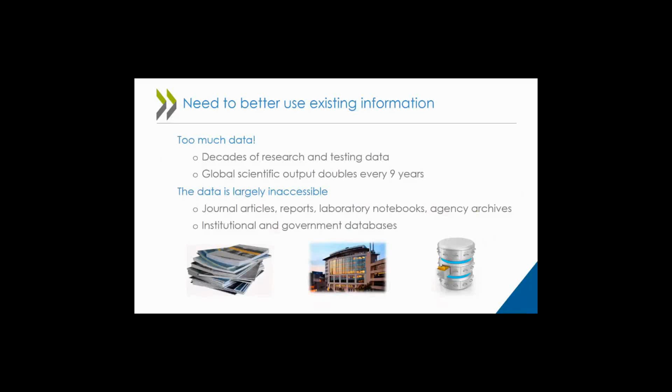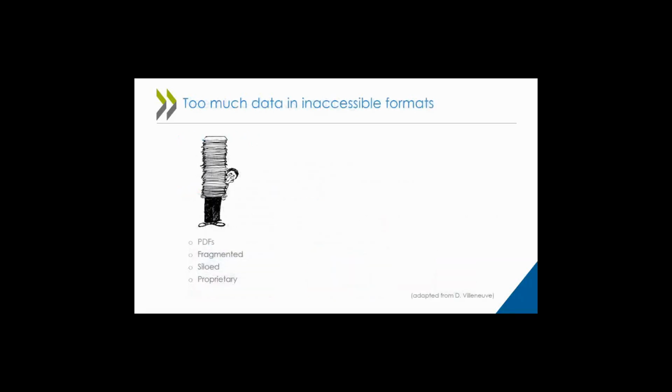It follows that if we had better access and better organization of data, it would lead to better understanding of biology and a better approach in terms of how to use the biology. If we had a better understanding of what we know and what we don't know, we would be able to design better research and testing approaches. But how do we get from here, where the data is largely in PDF format,